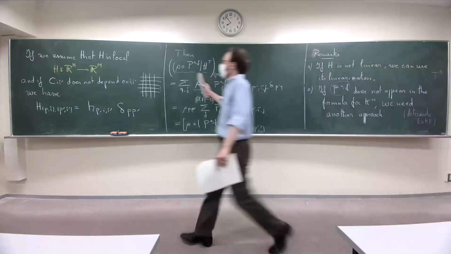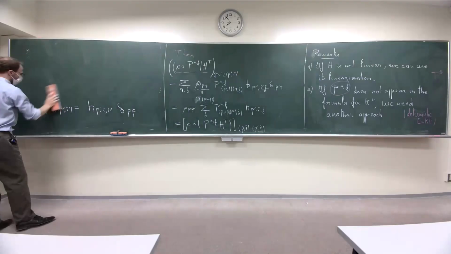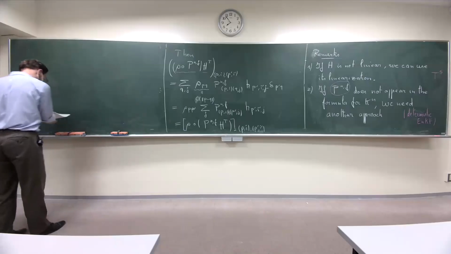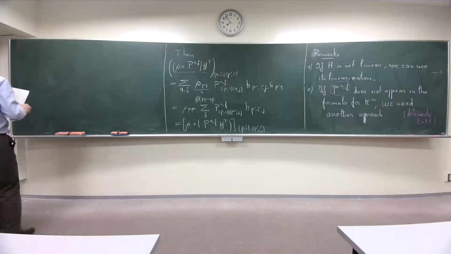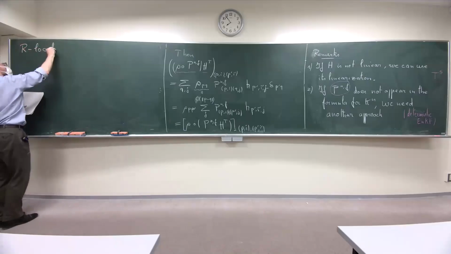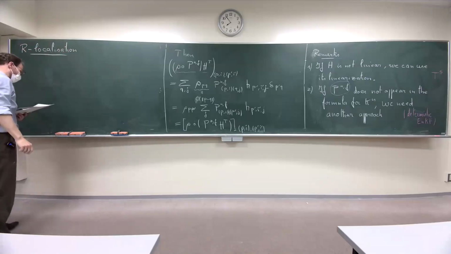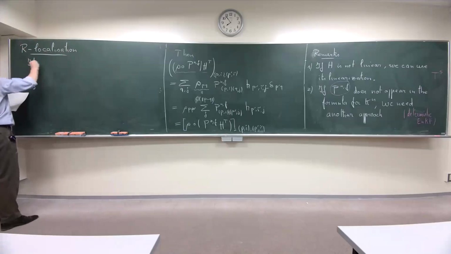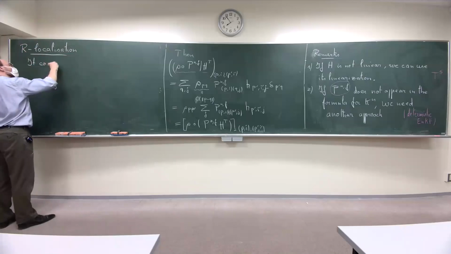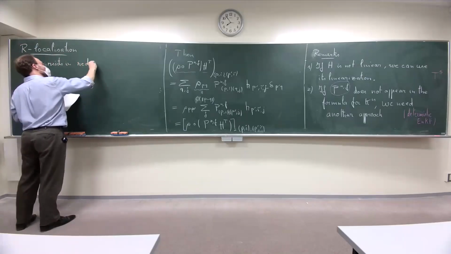And there is another popular approach. Let me just start with it. This is called the second approach in R localization. It consists, let me write the sentence, reducing